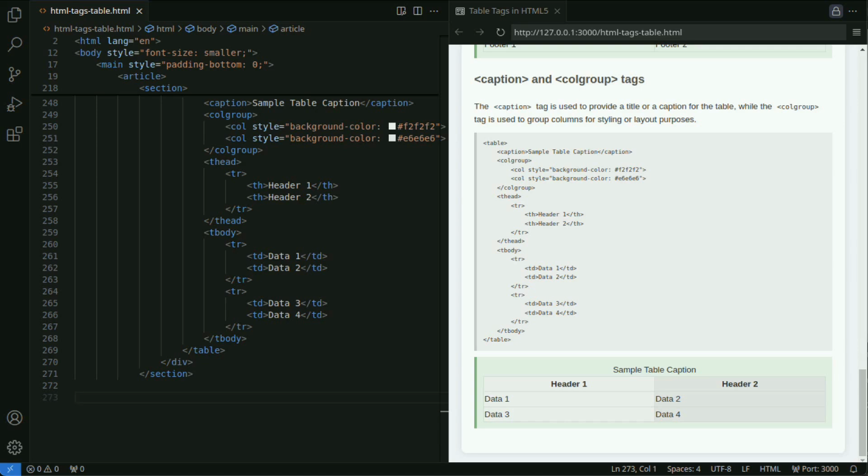It is usually placed at the top of the table and serves to summarize the table's overall content. The colgroup tag groups columns within a table and is used to apply styles or layouts. You can specify background colors or widths for specific columns by including the col tag.